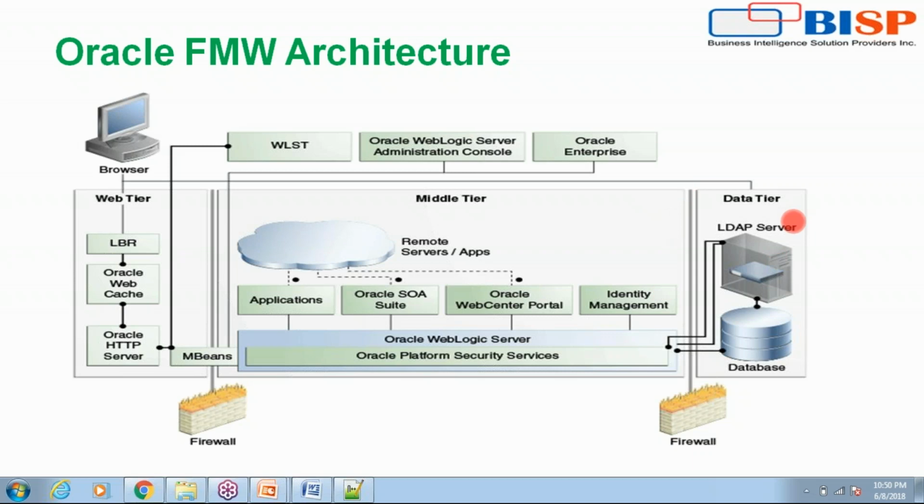middle tier. And then you'll have the data tier, where you can also use an LDAP server for user authorization and authentication, or you can use a database for that purpose, or a database for the backend. So any information you want to fetch for your applications is stored in your database. Any request coming in from your browser passes through your web server, your load balancer or your HTTP server, comes to your middle tier, which in turn uses your business logic to understand that request and then sends that request to your database. The request is processed through the database, sent back to your business logic, which is your middle tier, and then it is displayed onto your browser through your web tier, which is also